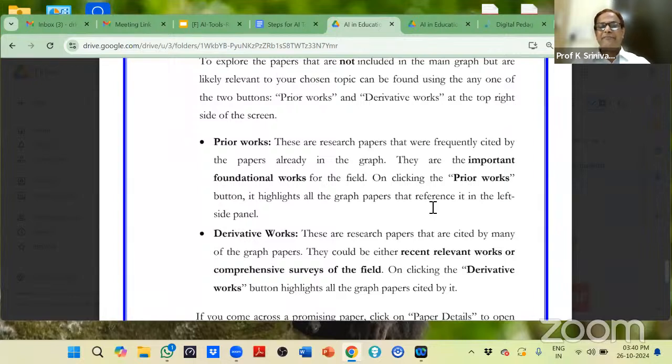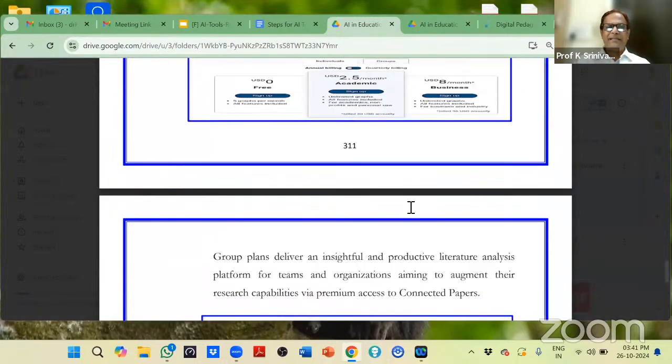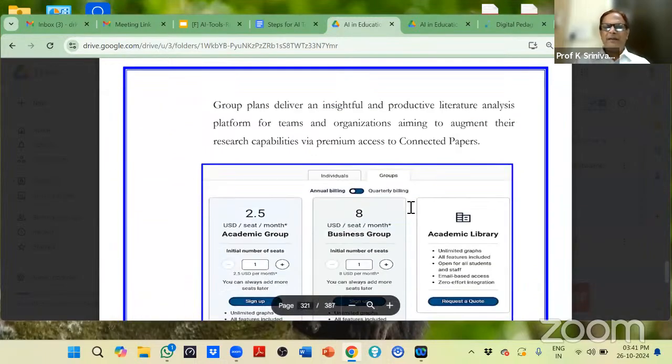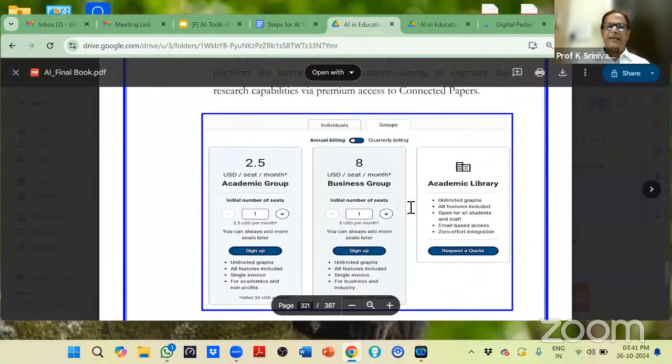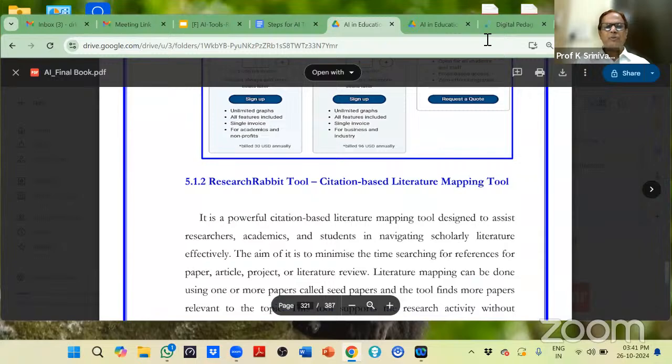जब आप prior works के ऊपर क्लिक करेंगे, it highlights all the graph papers the difference in the left side panel. और derivative works के मतलब ये है कि these are the research papers that are cited by many of the graph papers. They could be either recent relevant works, और comprehensive survey of the tools है। ये आपके लिए भी, हमारे लिए भी काफी मददगार साबित हो जाएगा। इसके अंदर फ्री वर्जन है और एकेडमिक लाइब्रेरी वर्जन भी इसके साथ अवेलेबल है, हम उसको बाद में यूज भी कर सकते हैं।